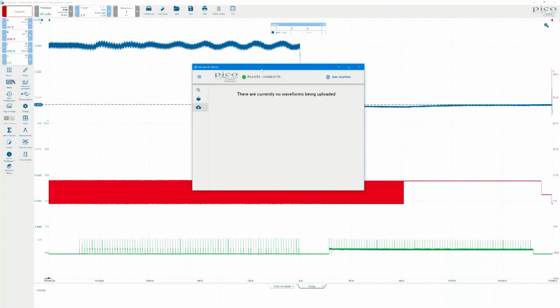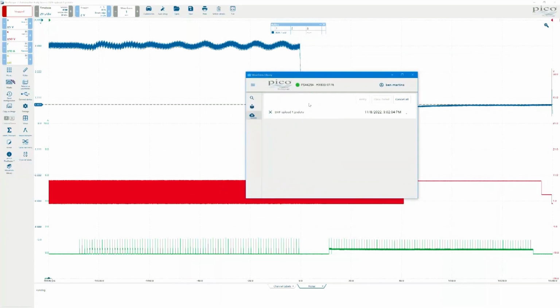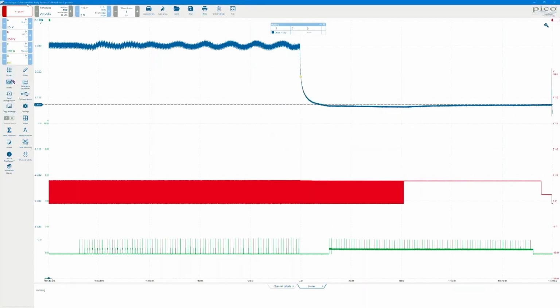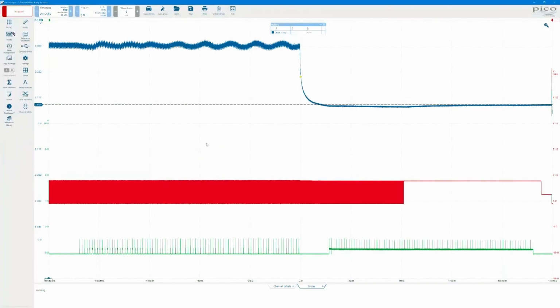We then get, there are no current waveforms being, the waveform library will appear. Let's just go back to here so you can see what's going on in the background. We now have this file being transmitted and uploaded into your waveform library. What you'll notice is that this is going on in the background. So actually you can go back to PicoScope 7 now and carry on using it whilst the upload is